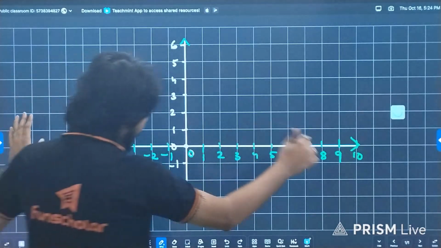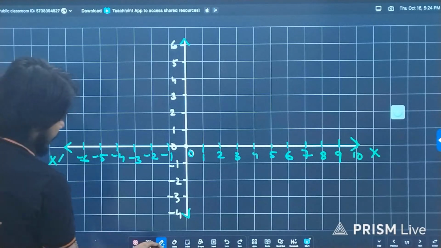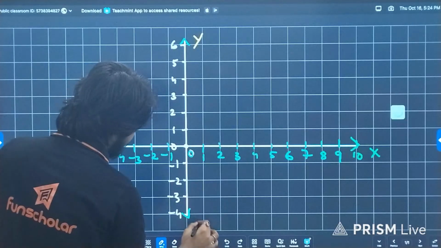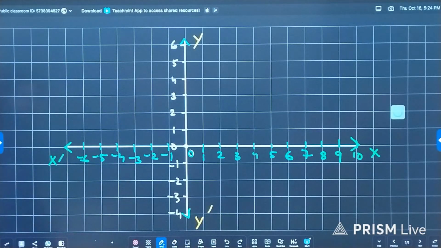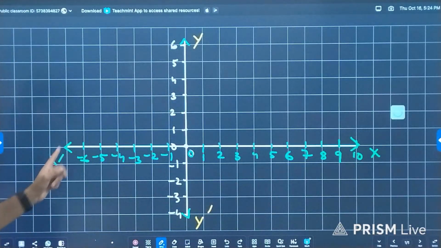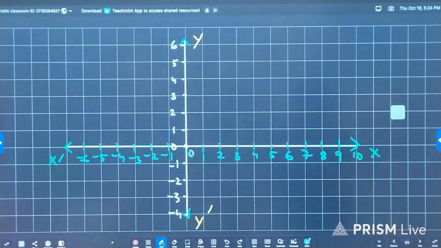Now this horizontal line is the x-axis and this vertical line is the y-axis. The horizontal line is the x-axis, x dash, and this vertical line is the y-axis, denoted as y, and the negative side is denoted as y dash. Okay, now